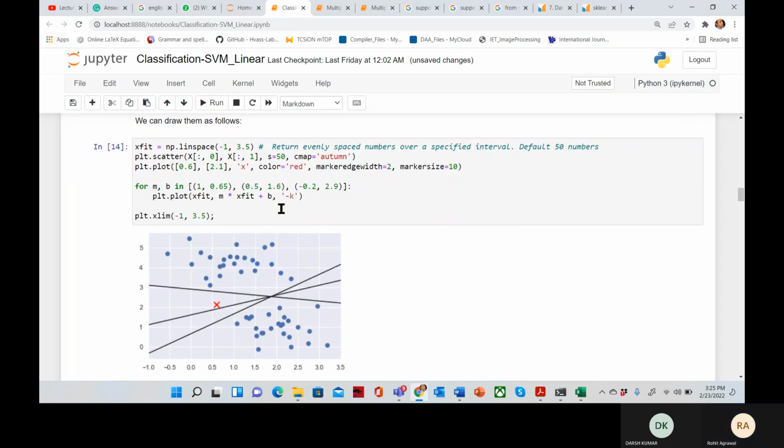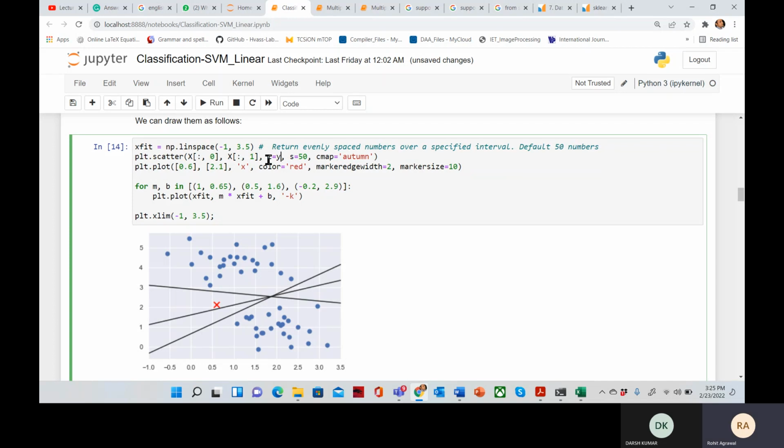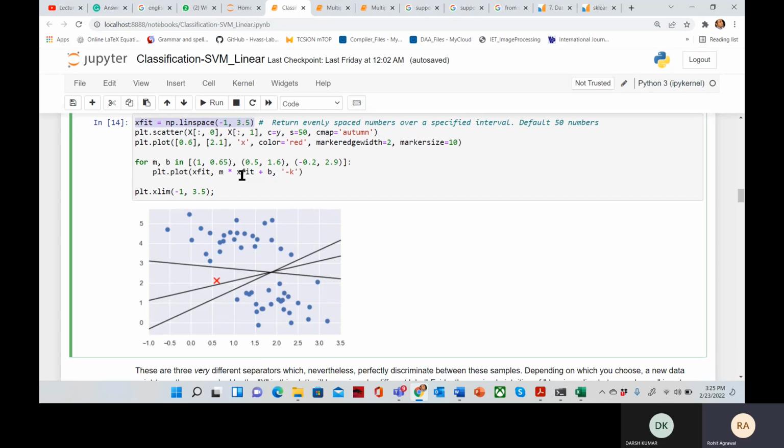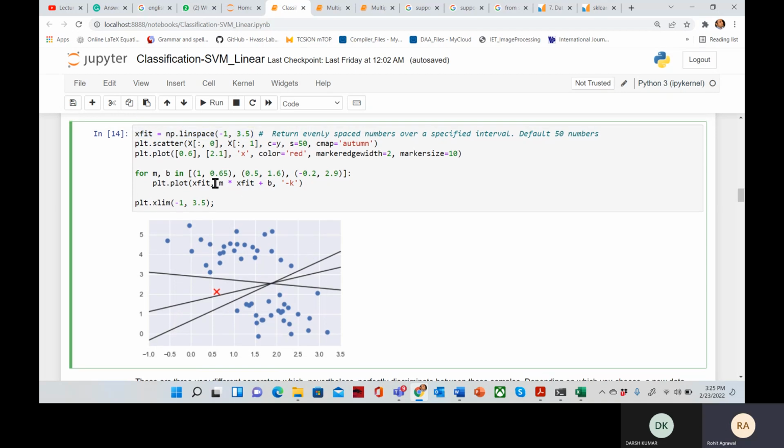Yes or no? Yes, sir. So I just keep this. See, so we are just plotting all these points. Okay, one we just did a text plot of x, red color, doesn't matter. One x fit is a line, so this is a line here, x fit, and I'm just plotting these lines. So we just see here we are just assuming m is 1, b is this, what I'm just doing here,